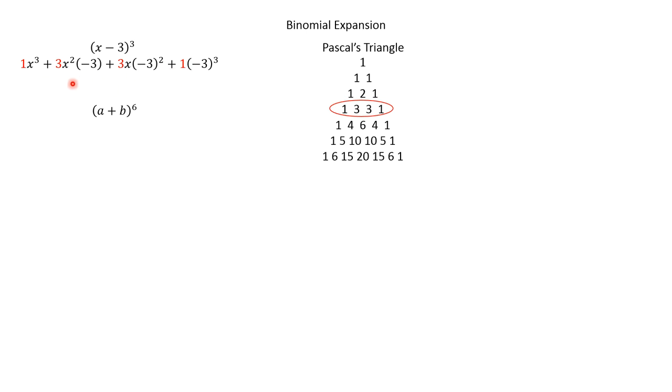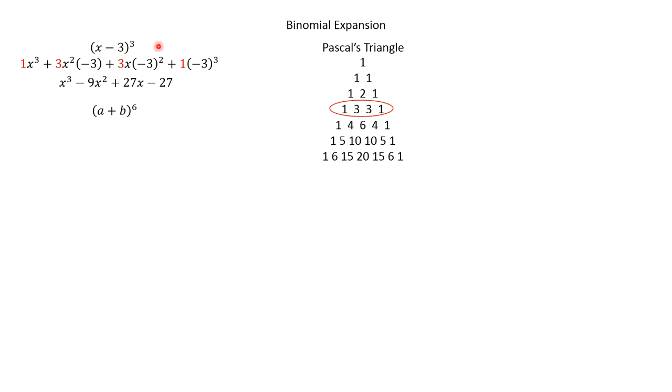All we have to do now is simplify. Well, 1x cubed is just x cubed. 3 times negative 3 is negative 9x squared. Here we have negative 3 squared is 9 times 3 is 27. And here negative 3 cubed is negative 27. And so we can just simplify these numbers, and this is what we'd get if we multiply x minus 3